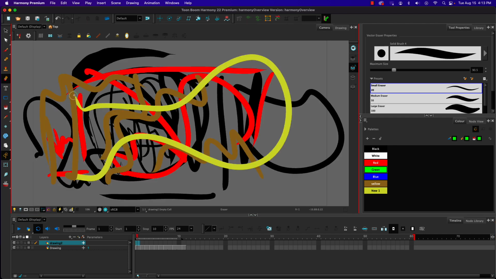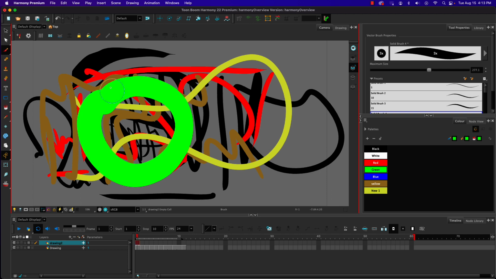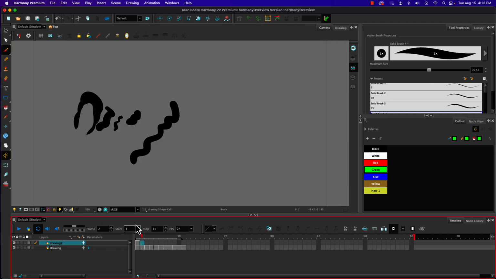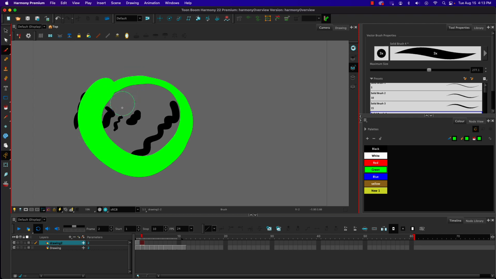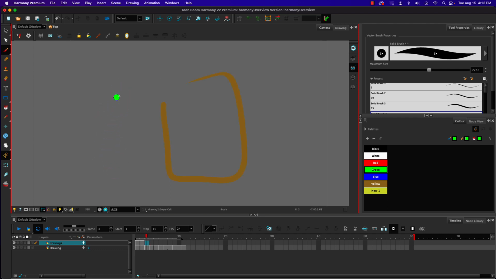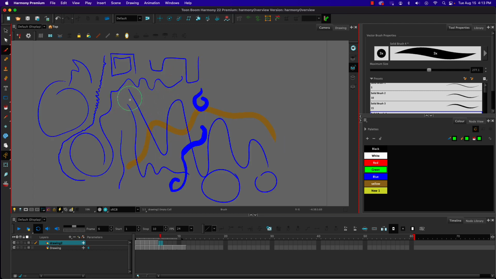I'm going to go back and start at frame 1. Oh, I was thinking I was on the paintbrush. Now I can go into frame 2, and a keyboard shortcut for moving to the next frame are comma and period. So I can use comma and period to just simply move to the next or previous frame. So that can be an easy way